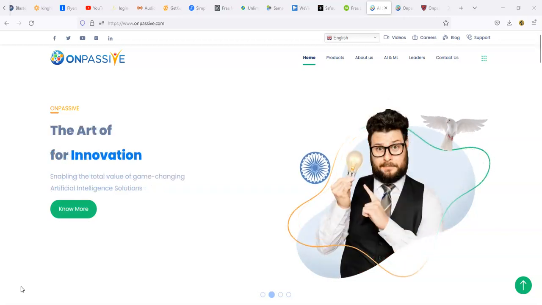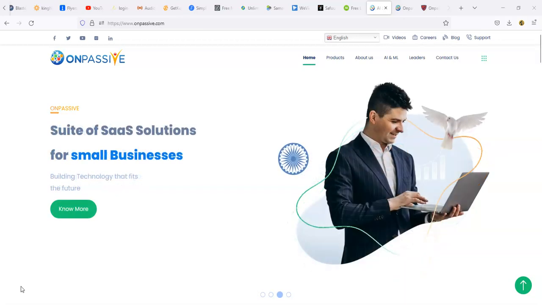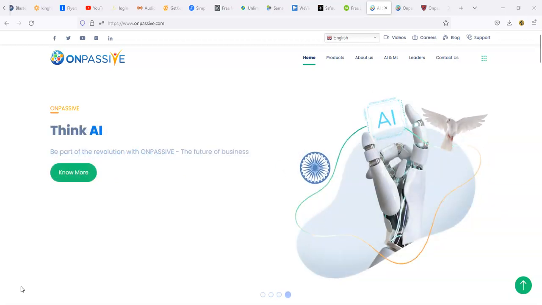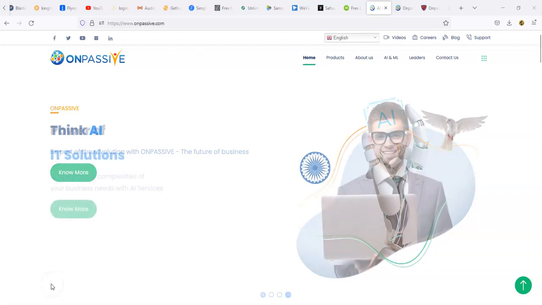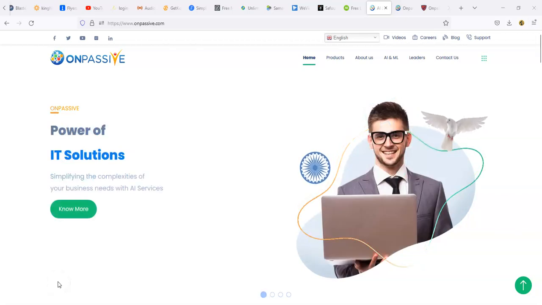I have 3 websites that I'm going to be going to, and I'm going to be showing to you, talking to you, and trying to explain things that I understand. There's going to be some things that I don't understand, and if I mess up, I'm just going to try not to talk about those things because I want to make sure I'm clear. I want to make sure you understand me. I don't want there to be any misunderstandings about this particular program, this platform called Onpassive.